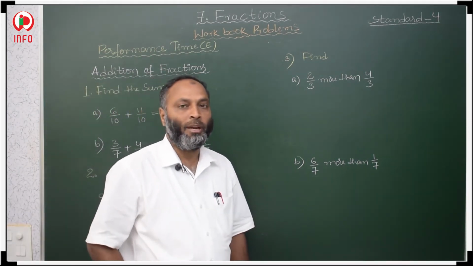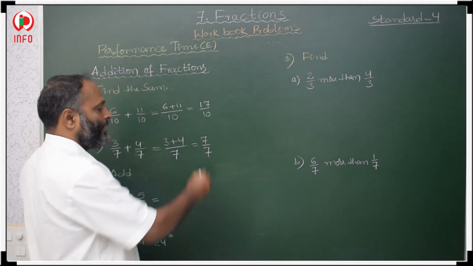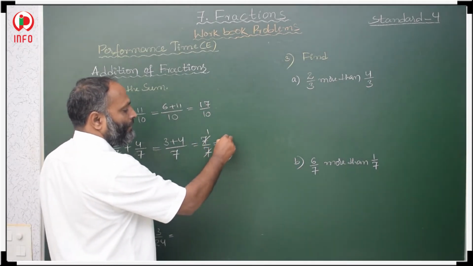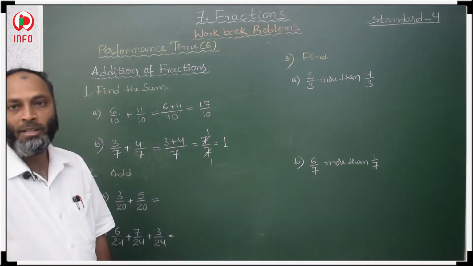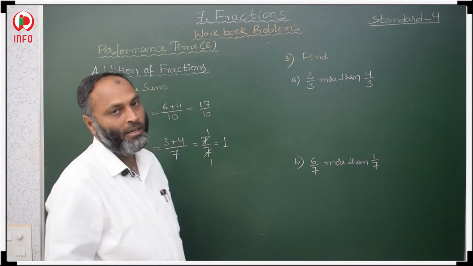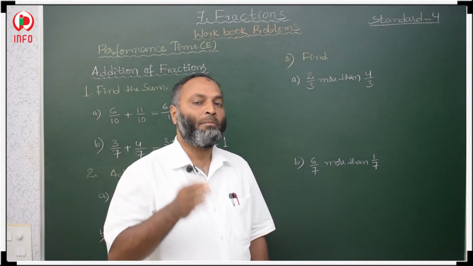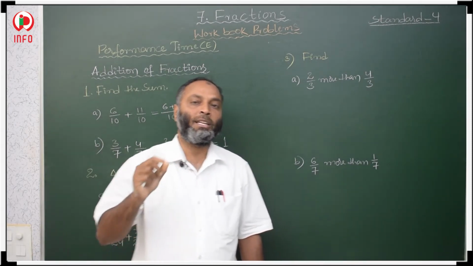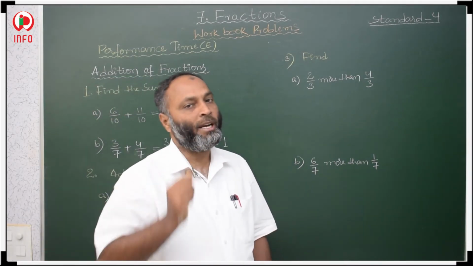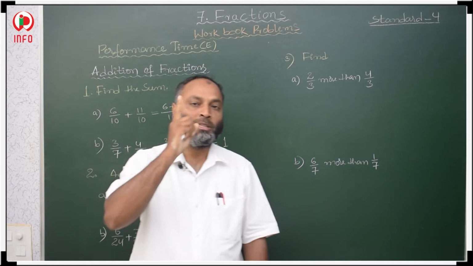When the numerator and denominator are equal, then that value is a unit, that is equal to 1. 7 ones are 7 ones, that is 1 by 1, so the value is 1. How do we show that this value is 1? In shading, if one complete circle is shaded, first we divide it into 7 parts, and those complete 7 parts we shade. That is how to represent 7 by 7. That represents a whole. If the numerator and denominator are equal, then that represents a whole. Whole means the complete one. Okay.